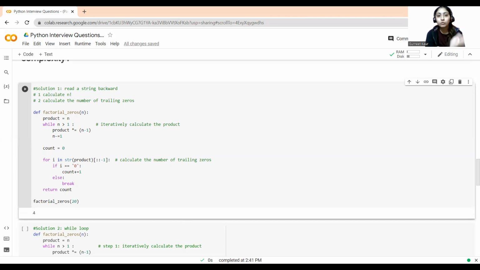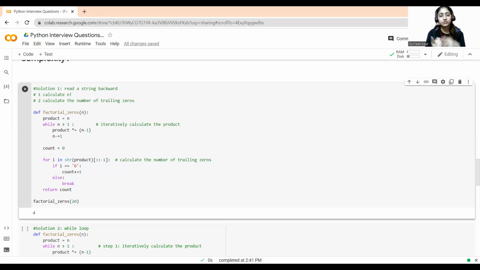So what have we done? We have transformed the product into a string value, and then it will read it backwards. If the digit is 0, it will add up the count, so count is equal to 1.